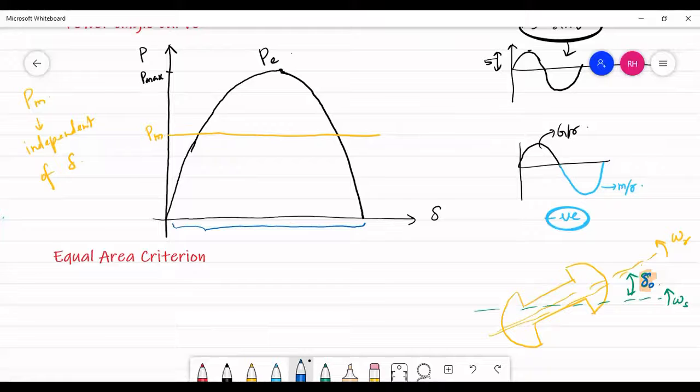Now let me tell you. It is at this point: the point that corresponds to the intersection of Pm and Pe is delta naught. So how do I say that? Let me discuss the equal area criterion a little later, and when you look at this equation,